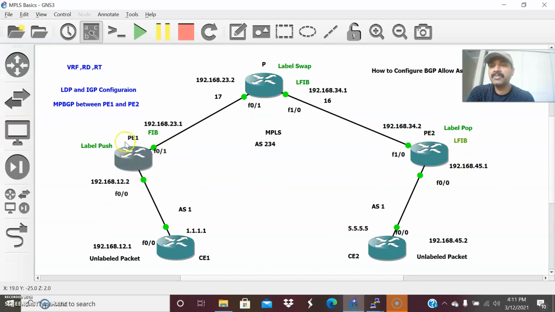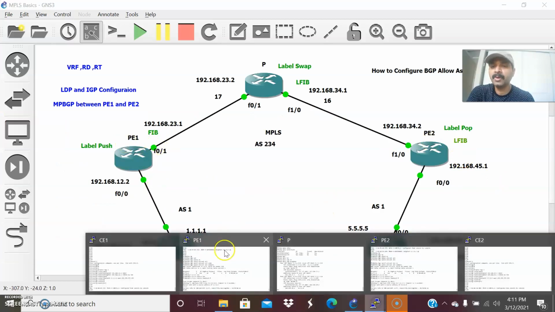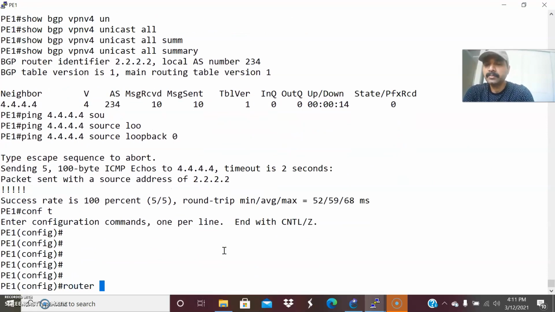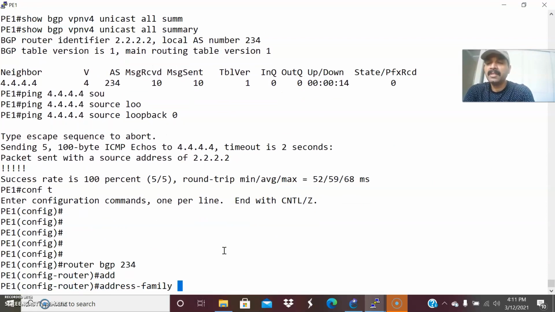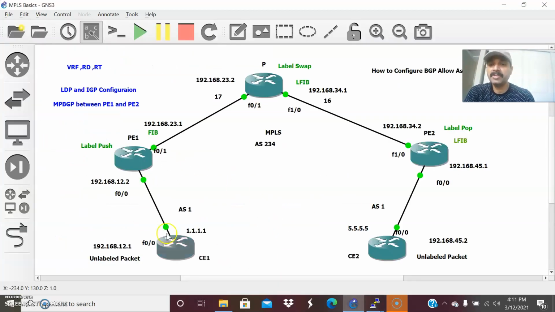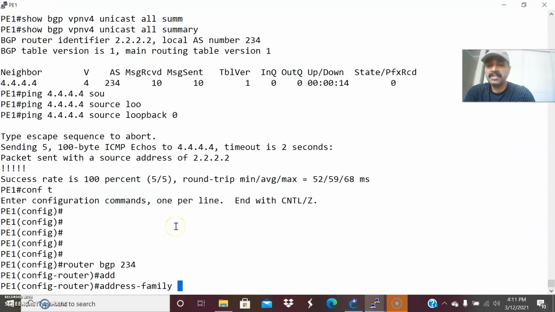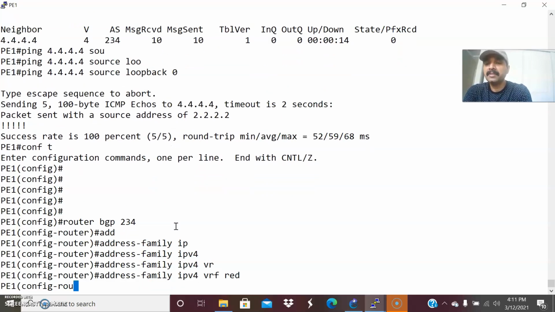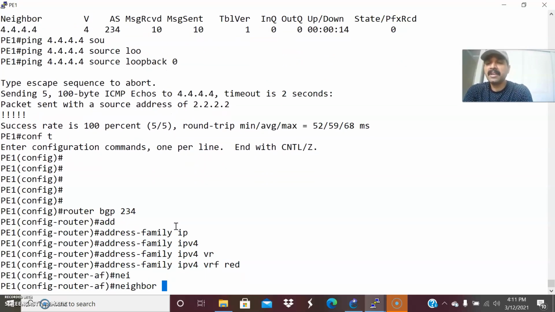Now let us activate BGP from PE1. Go to the provider edge router, configuration mode, router BGP 234. Let us activate the address family. Here we are using only IPv4, not VPN v4, so it is a normal IPv4 address family, with VRF red. Then let us activate the neighbor.